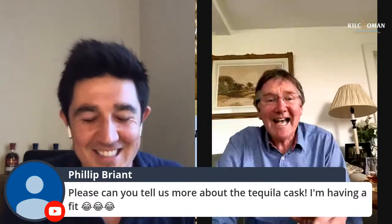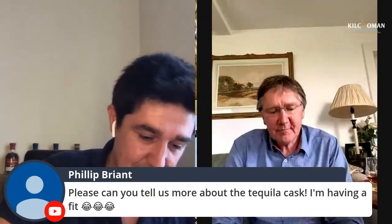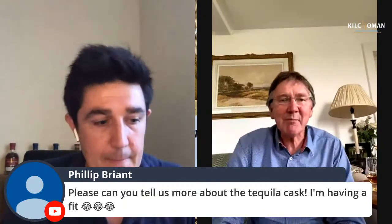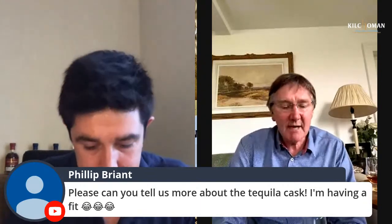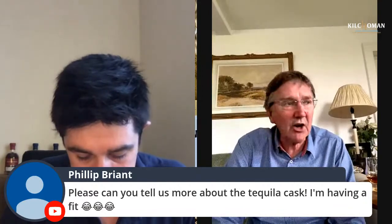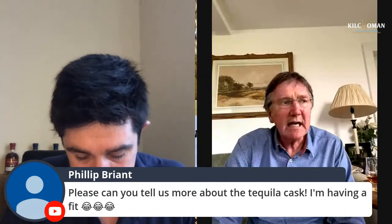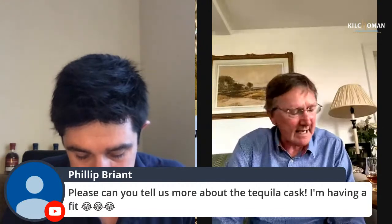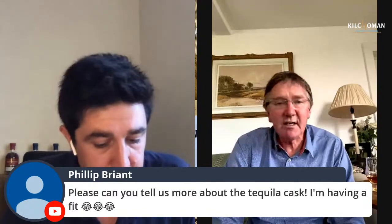That's fine. So looking at the colour, and this is the one I'm going to find the most difficult, I think, to identify. This has got maybe some sherry influence. Now, this could be an Oloroso sherry hogshead, fully matured. It could be a finish. It could be a PX. So I'm going for that, but I would say it was a bit younger. So it's probably